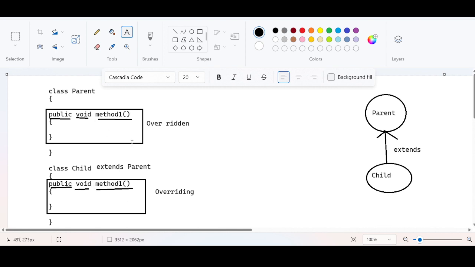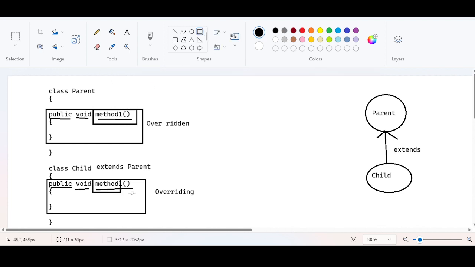Why overriding method? Because both the method names are the same, parameters are also the same, return type is also the same, access modifier is also the same. Everything should be the same here. This part talks about the method signature. The method signature should be the same, the return type should also be the same, and the access modifier should also be the same. There are some cases where you can do some manipulations, but for now, when you find a method in the parent class or the child class that is the same in nature, in the sense of the same method name, same number of parameters, same return type, same access modifier,